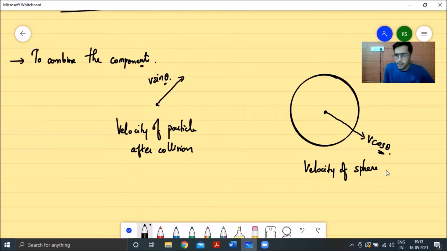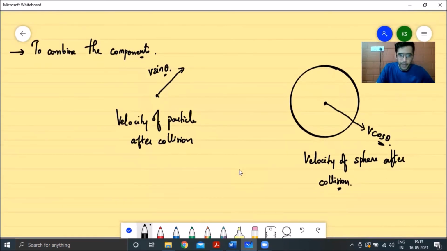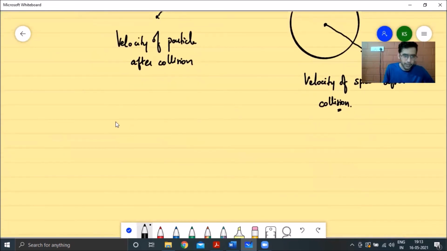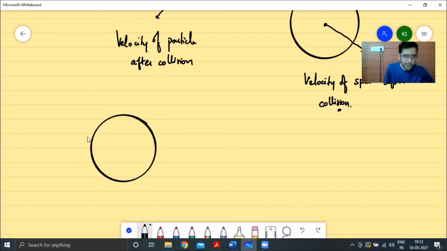And now it's a matter of getting the answer according to the information given in the question, right? Theta was something which we assumed. So if we go back to the diagram, or let me draw the diagram over here. What did we take the angle theta as? We took this angle as theta. We took the velocity over here. This was your angle theta.